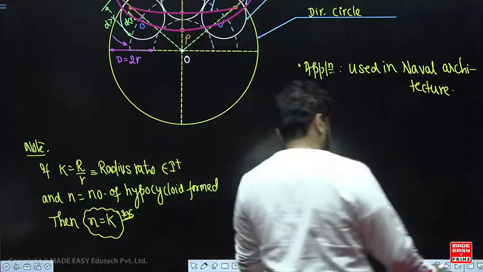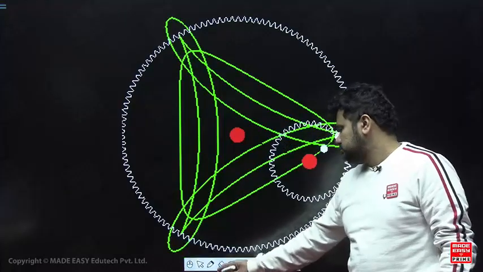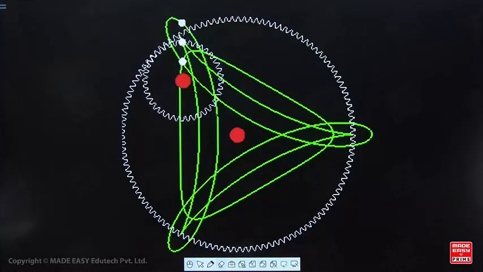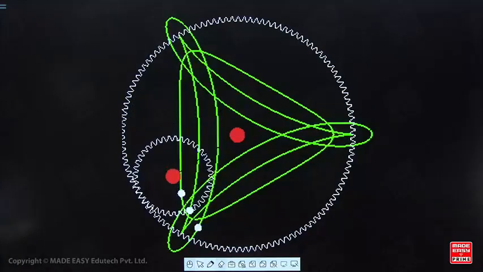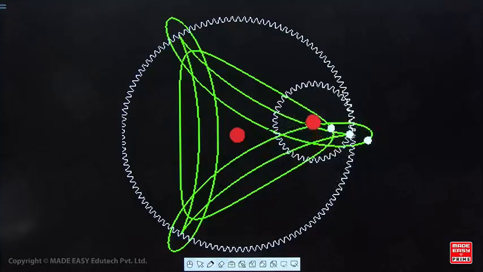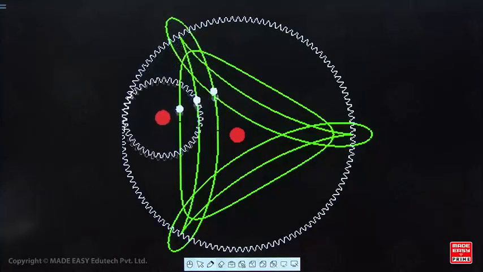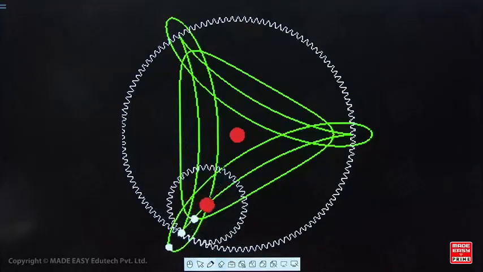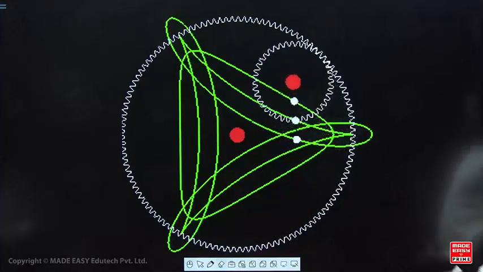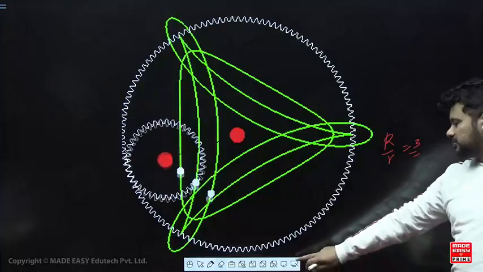ठीक है, तो देखते हैं यहाँ जरा। ये देखो, है ना, सुपीरियर, इंफीरियर एंड हाइपोसाइक्लॉइड। तो आपको क्लियरली दिख रहा होगा कि तीन बन रहे हैं, तो यानी कि रेडियस रेशियो इसका क्या हो रहा होगा, R/r is equal to 3। करेक्ट, फाइन। अब देखो कहानी में थोड़ा ट्विस्ट आ जाएगा अब इसमें।